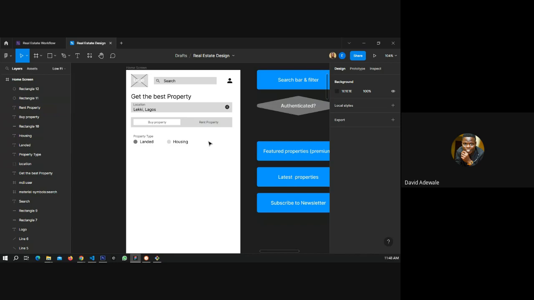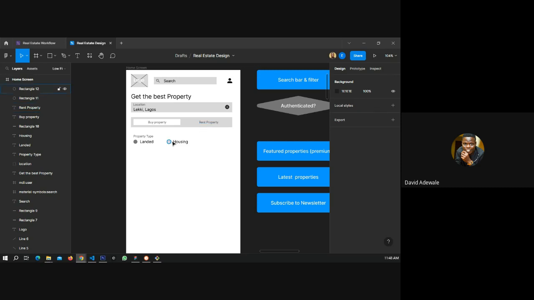So to buy a property, you need to select either it's a landed property or housing property. Then after that, we need the area you want. Okay, we've already selected location. We need the price range. And then if it is rent property, we need to select the type again, or category, either 2-bedroom flat, a bungalow, this and that.